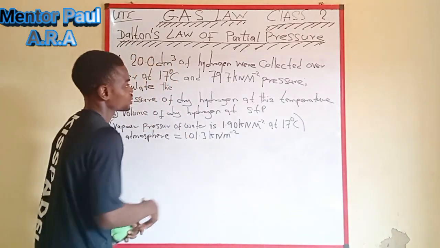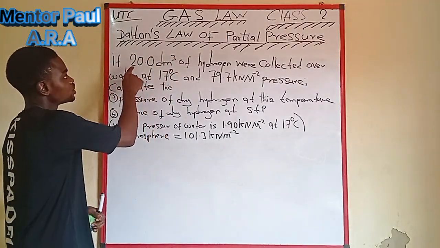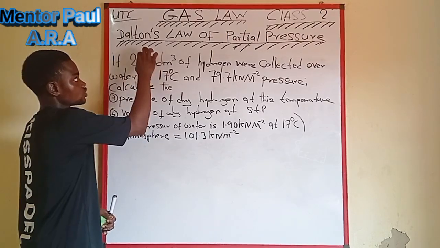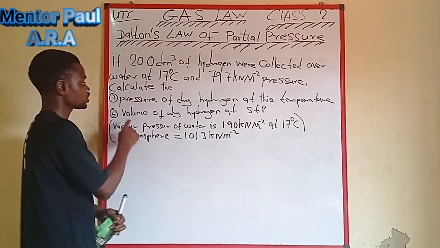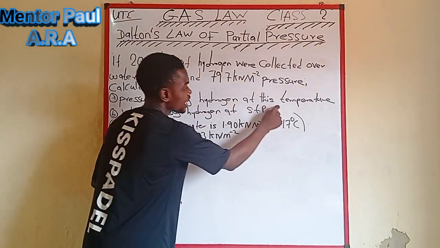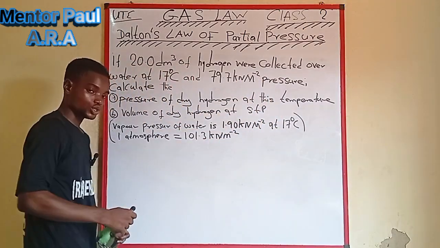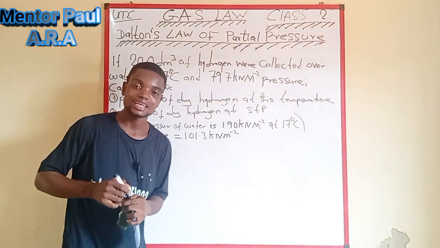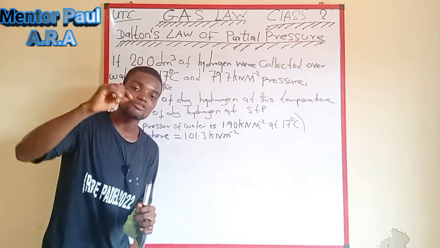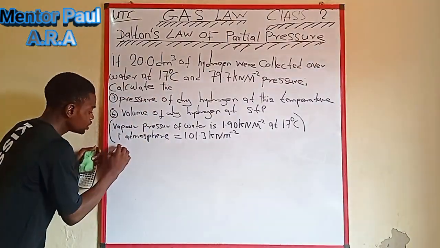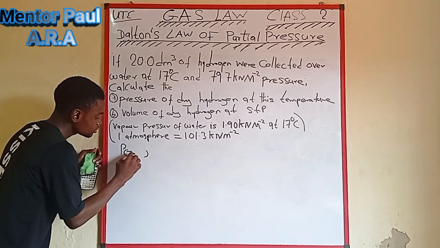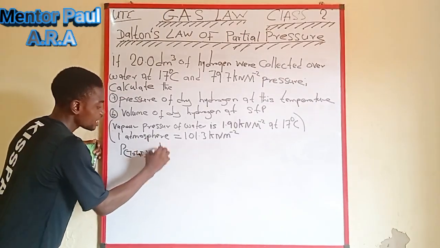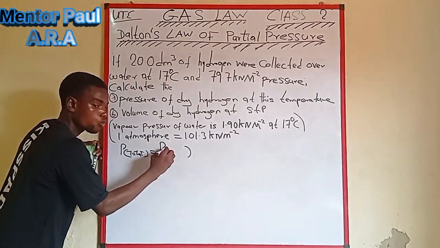So I'm going to solve this question. All right, we have 20.0 dm³. We are looking for, first, the pressure of dry hydrogen at this temperature. Now you remember that I said that if a gas is collected over water, it has a water vapor pressure. So that P total is equal to the P of water vapor,